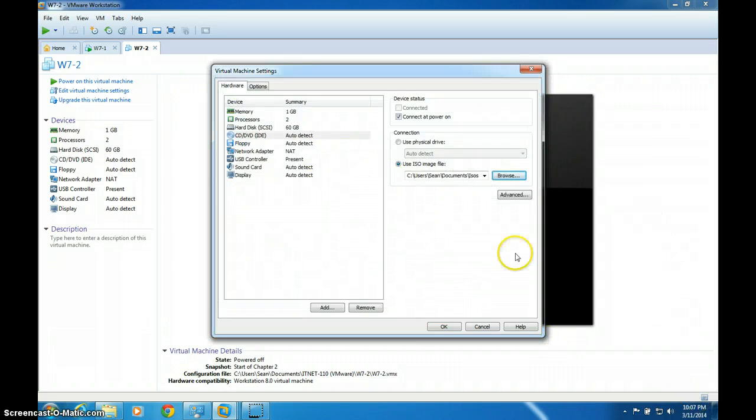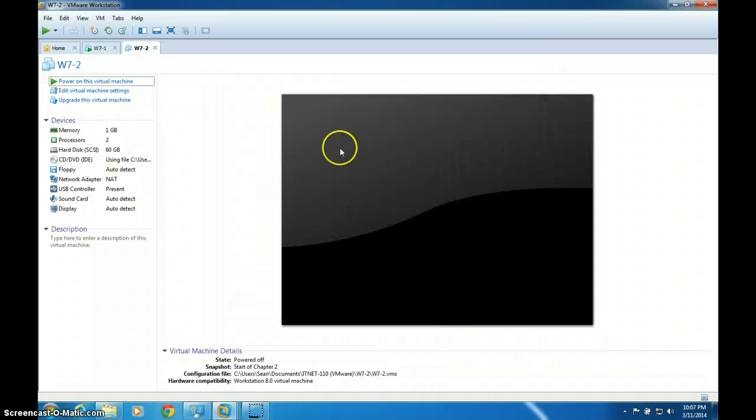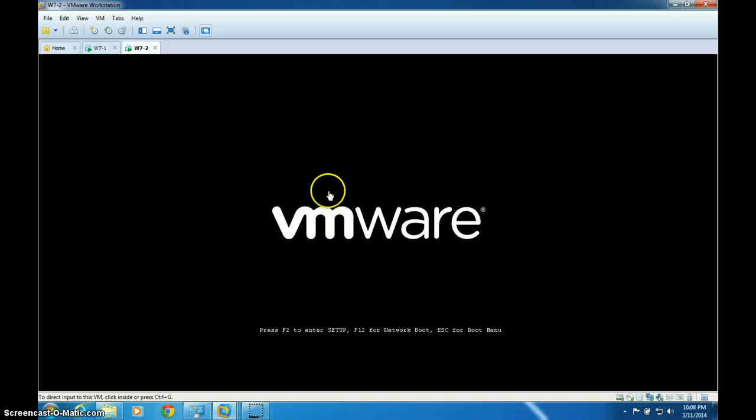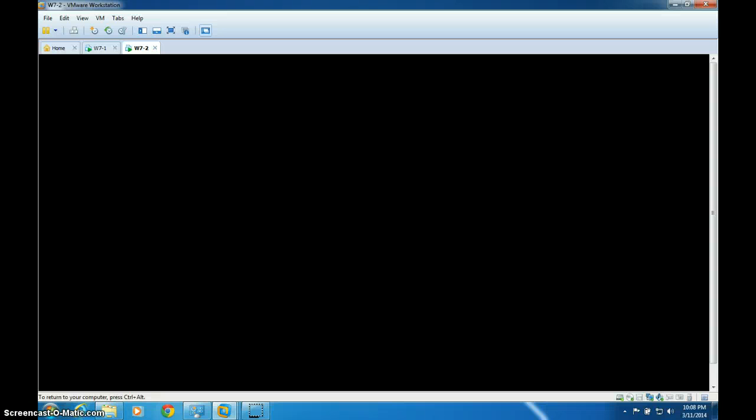Put it in there. Okay, now to boot this machine from the ISO, you need to set the virtual machine BIOS to boot from CD. So when I start up this machine, I'm going to click in it and I'm going to start hitting F2 rather quickly, because F2 is the key to get you into the CMOS where you can start configuring your computer. So I power on the virtual machine, I click inside here, and then I start hitting F2. If I'm fast enough,